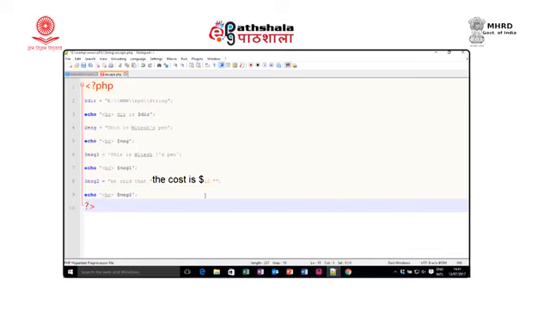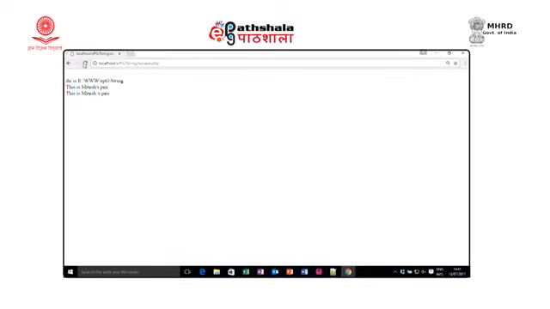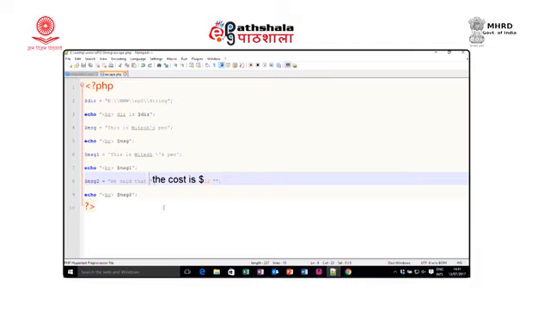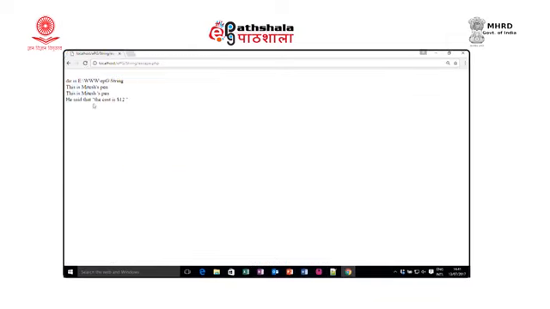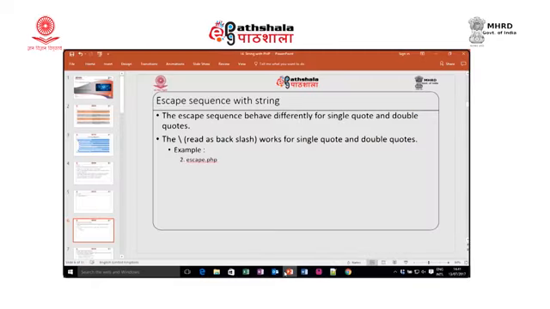So, again it will create a problem, because he said, then I want to write in double quotation, the cost is $12. So, again that will not be created. For that I can use an escape character, then again an escape character to write a double quote, and this is finally the completion of the double quote. So, now I can display it. He said that the cost is $12. So, this is the use of escape character.